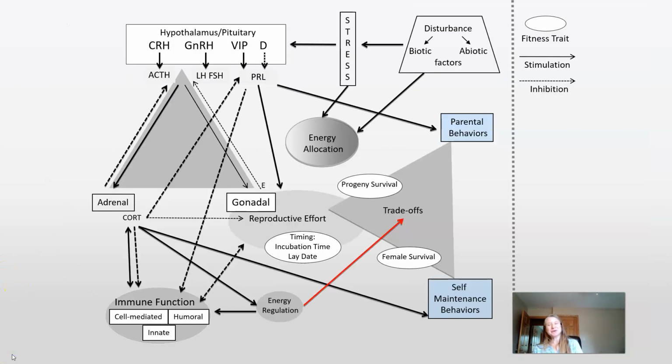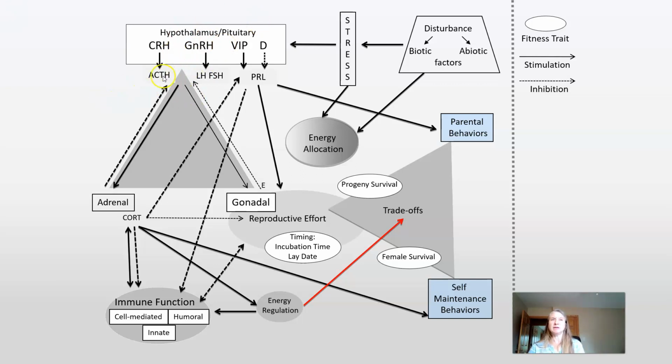Now, back when I was working on my PhD, I had big dreams of doing hormones. However, hormones are a lot harder to study in the field than I'd like. So anyways, this has way more information than you need, but I want to try to get across the point of the complex interactions. So up here, basically, I have the hypothalamus and pituitary. I kind of lumped them together with some of the hormones they produce. Don't freak out about the hormones.